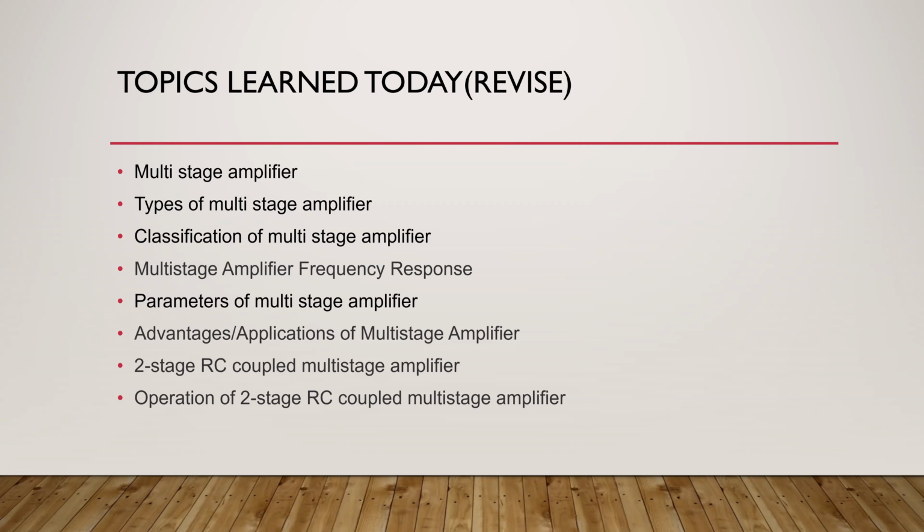The output impedance of the multi-stage amplifier is nothing but the output impedance of the final stage amplifier, and the input impedance of the multi-stage amplifier is equal to the input impedance of the first stage amplifier. The input impedance and output impedance are most important because